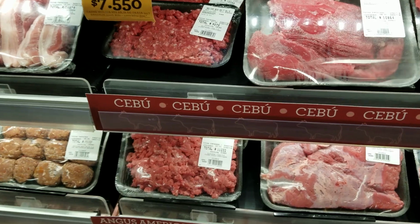So after having my fill of empanadas throughout the city, I had a good sense of what I needed to remake these dishes. Now I'm going with two different options: one meat option and one vegetarian option. For the beef portion, or the carne portion, of this empanada dish, I had to get some fresh ground beef,